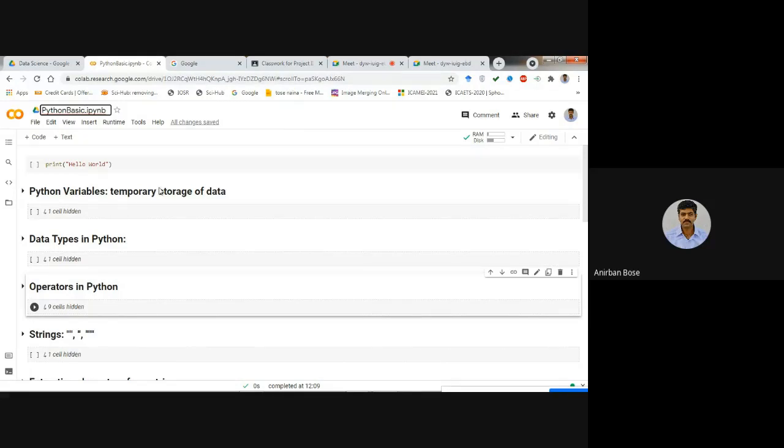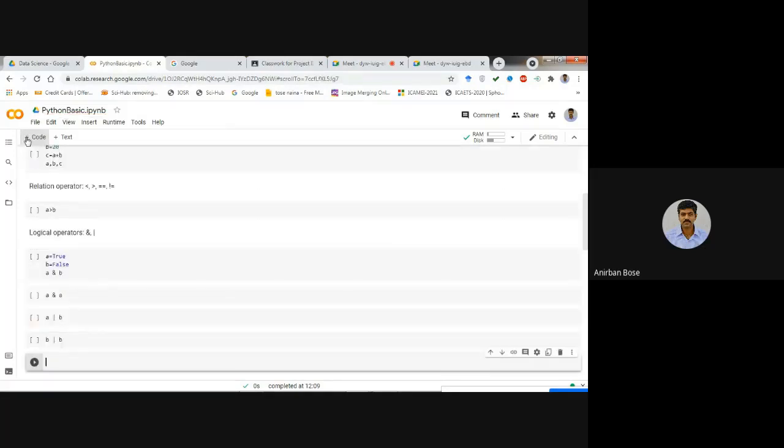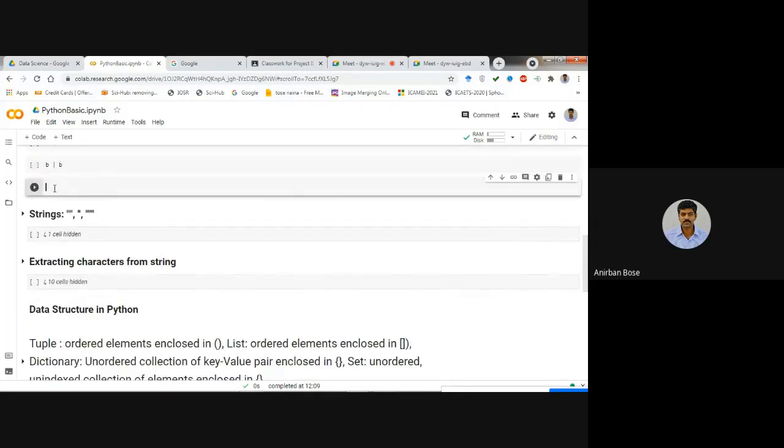Here we want to write code in the cell, so we first click on plus code. You click on this plus code, you see that this kind of cell will open, and here you write hello world like this.